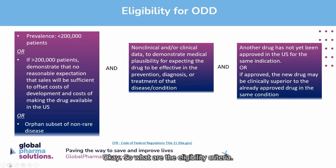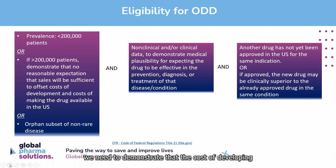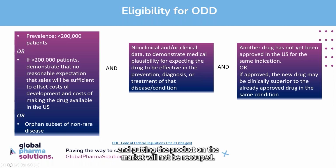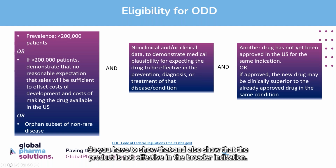Okay, so what are the eligibility criteria? Prevalence has to be less than 200,000, as I mentioned, or if the prevalence is greater than 200,000 patients in the US, we need to demonstrate that the cost of developing and putting the product on the market will not be recouped. A third eligibility criterion is that you can submit for an orphan subset of a larger indication that is not rare. So there may be a particular attribute of your product which acts only in the particular orphan subset. You have to show that, and also show that the product is not effective in the broader